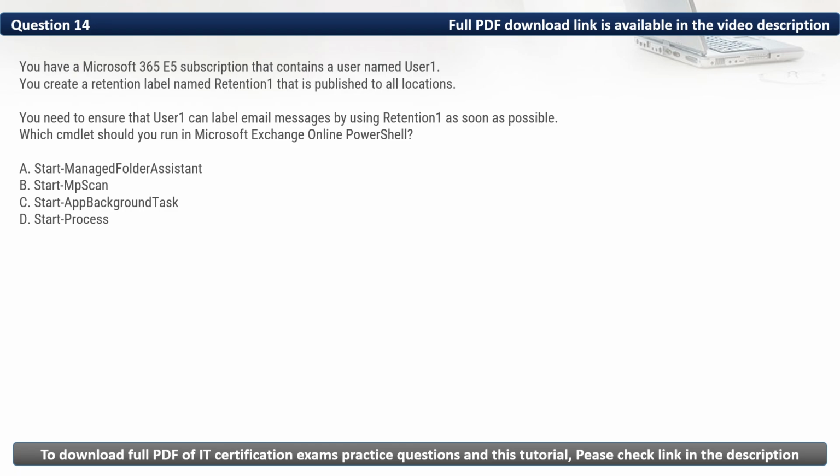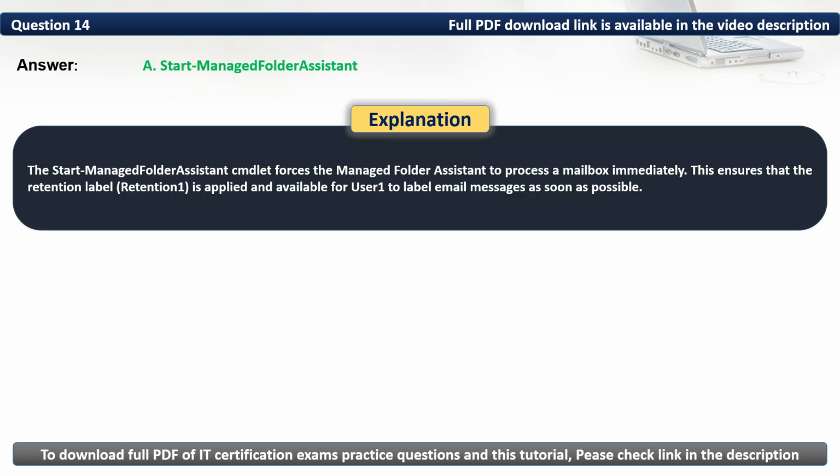Here in this question, we need to ensure that User1 can label email messages by using Retention1 as soon as possible. As such, we could use the Managed Folder Assistant cmdlet in Microsoft Exchange Online PowerShell. Thus, the correct option is A. The Managed Folder Assistant cmdlet forces the Managed Folder Assistant to process a mailbox immediately. This ensures that the retention label is applied and available for User1 to label email messages as soon as